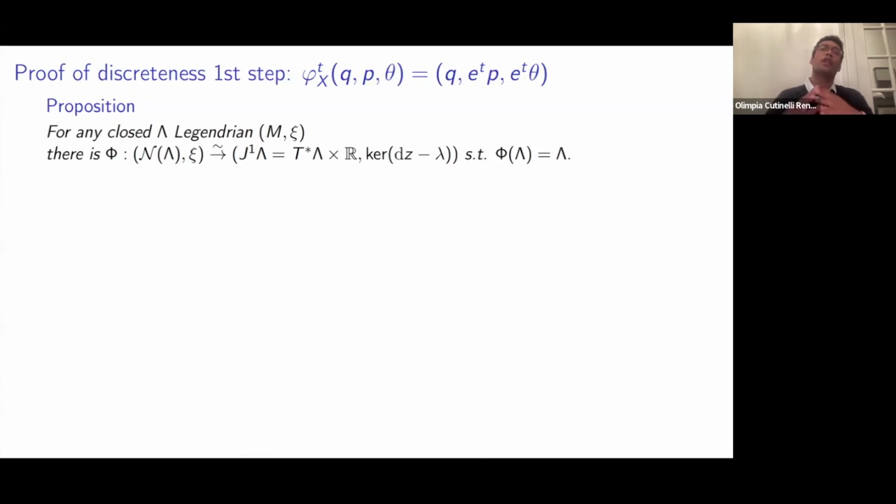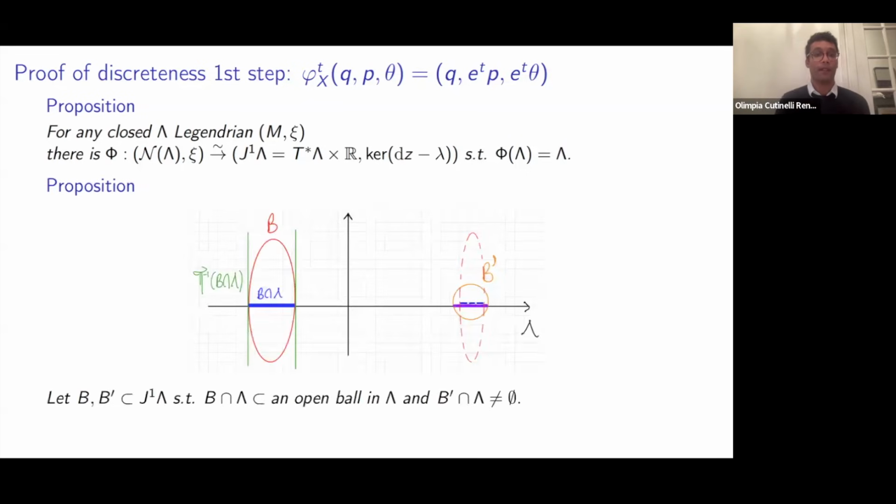And let's say the classic Weinstein neighborhood theorem says that this contactomorphism is just between a neighborhood of the Legendrian lambda and a neighborhood of your zero section. But then you can use the contactomorphism that is in the title of the slide to extend this neighborhood of the zero section to the whole one jet bundle in some sense. Okay, so this is the first proposition.